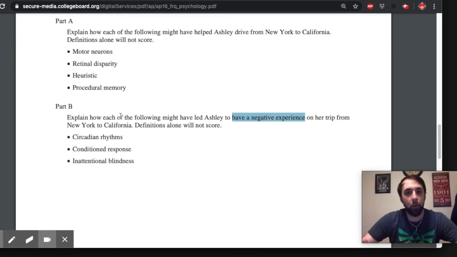Make sure you're still focused on the task at hand, because quite frankly, most of the time, if you can do 50% of the bullets on an FRQ, you're generally going to get a 3 or above. Once you can start to do 5, 6, 7, certainly 8, then you're going to start talking about getting a higher score. But if you see an FRQ and you feel like, wow, I only really can do 3 or 4 of these with confidence, I can guess on a couple of them and a few I really do not recall, that's actually not the end of the world.